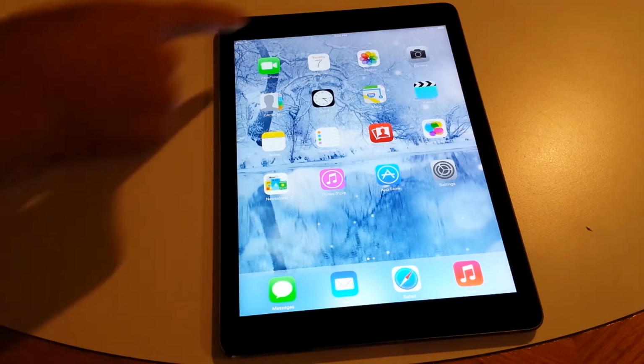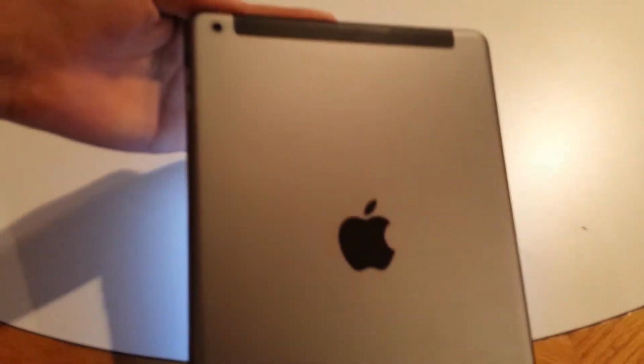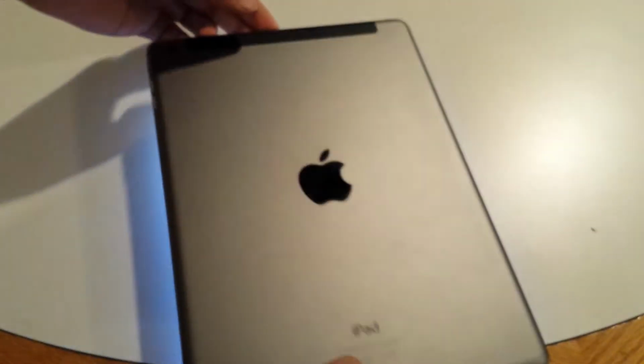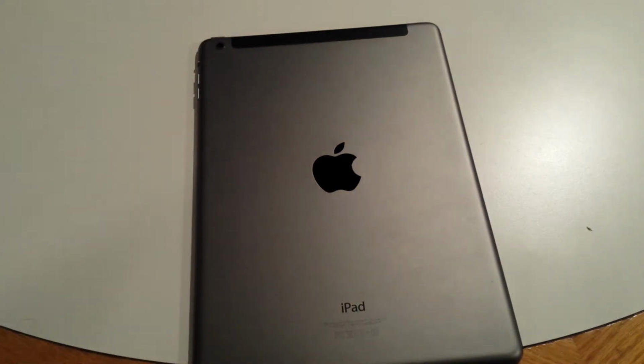It also has a 1.2 megapixel front-facing camera over here with 720p HD video, and on the back, it has a 5 megapixel shooter right at the top over here. It has Wi-Fi 802.11 a/b/g/n. It does not have AC, which I was somewhat disappointed with. I was hoping that this generation would finally have AC, considering most Android phones and Android tablets are starting to